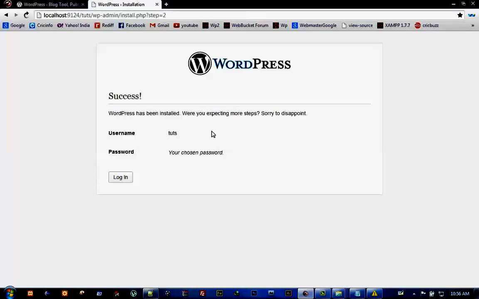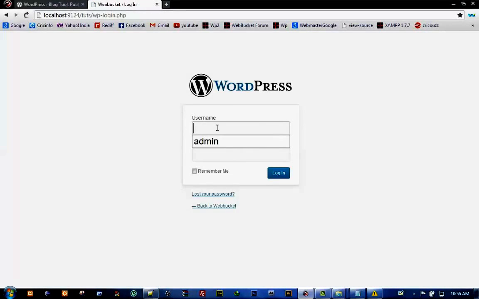So now you log into your site. Click on login. Type your username and password. Mine is dots. Login. It is processing, just wait.